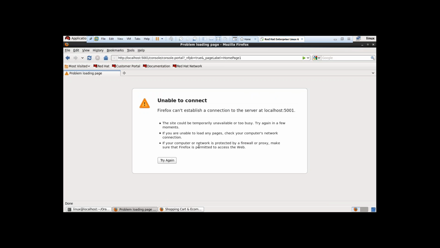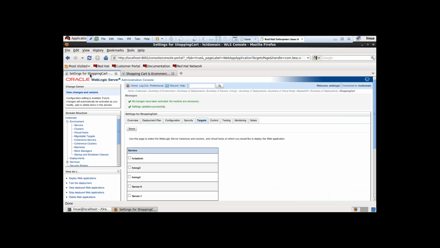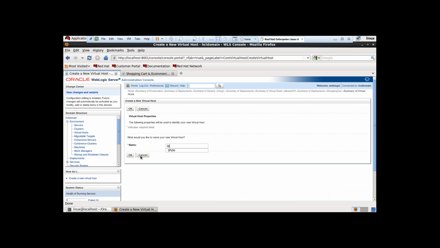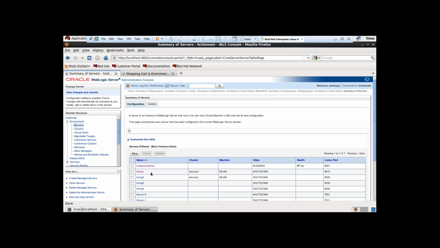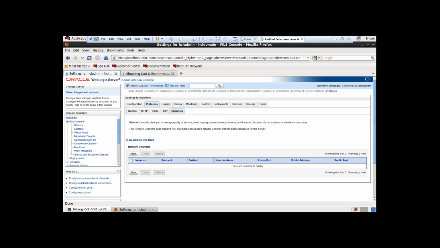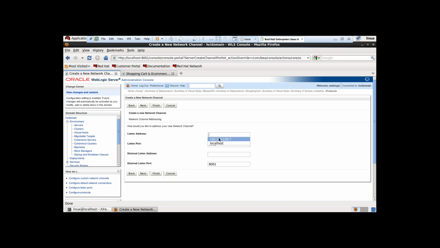Just go over there. Go here and click on the virtual host, and I'm just configuring. Click on new, IP based virtual hosting, and click on OK. And next, what I need to do, click on the servers and click on admin server, click on protocols, and click on channels and click on new, provide the channel name ch1 and select the protocol http, depends on the requirement. Click on next. Here you have to provide a unique IP address each time. I currently provided an example IP address, but each time you have to provide a different IP address,